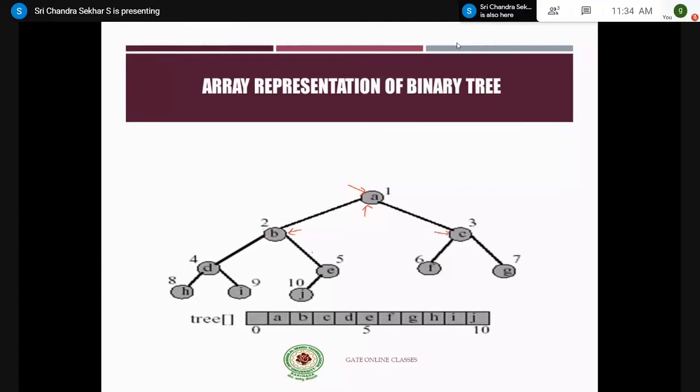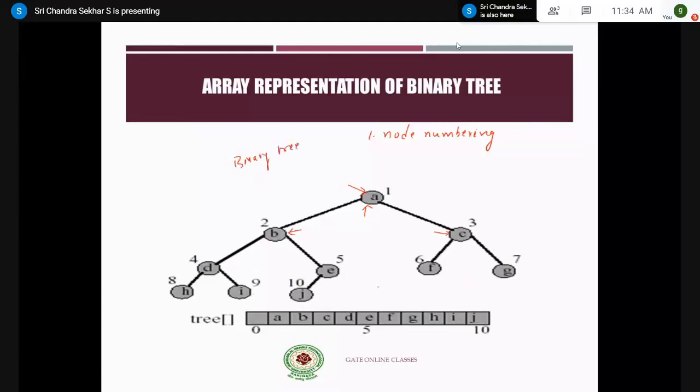For example, if you are given this binary tree, the first step is you give the node numbering by following the rules which we have discussed earlier. You have to number the nodes. The root node is always given a number of 1, and then you start with the next level, and from the left hand side, this is 2, this is 3, 4, 5, 6, 7, and so on, right? This is an example of a binary tree. Perfect.